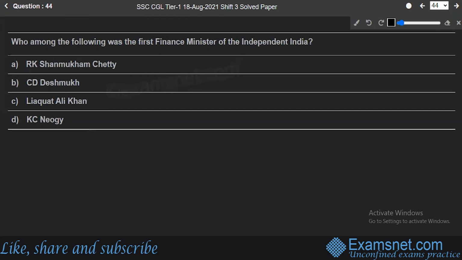Well, the answer to this question is option A. R.K. Shanmukham Shetty was the first Minister of Finance of independent India. He presented the first budget of independent India on November 26, 1947. He also served as